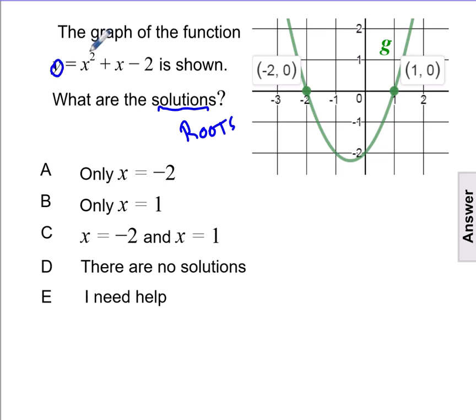And we can determine the solutions or the roots based on the graph. When we look at the x-intercepts, here's an x-intercept, and here's another x-intercept, x-intercepts on a graph are roots of an equation or special solutions of an equation. And we look at the x values, -2 and +1, and those are the solutions for this equation, which will make it equal to 0. So when all said and done,